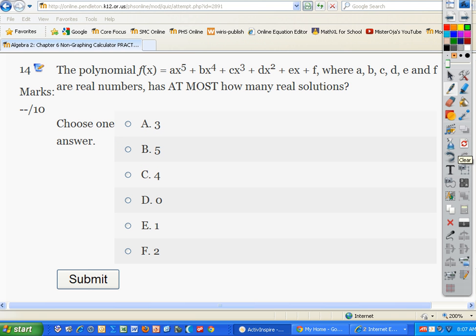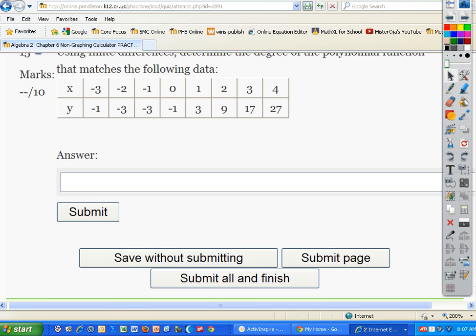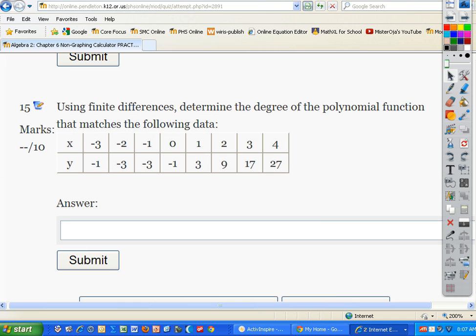Okay, and then, oops. I think this last one. Yeah, last one. Okay, using finite differences, determine the degree of the polynomial function that matches the following data. So all they want is the degree. We don't want you to come up with the function, just the degree. In the graphing calculator part, you're asked to actually fit this and come up with a polynomial. But here, just the degree. Okay, so